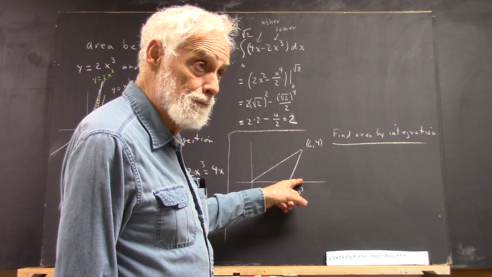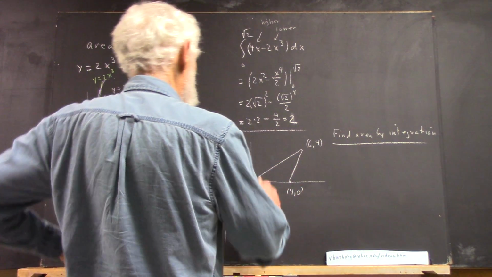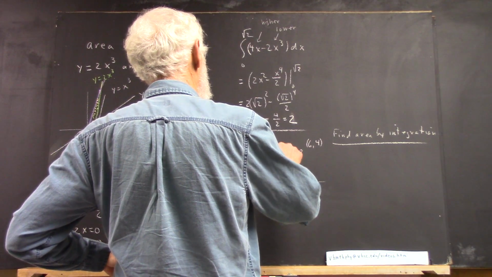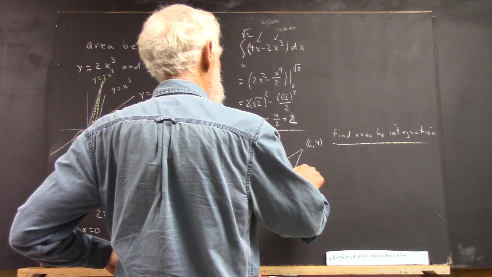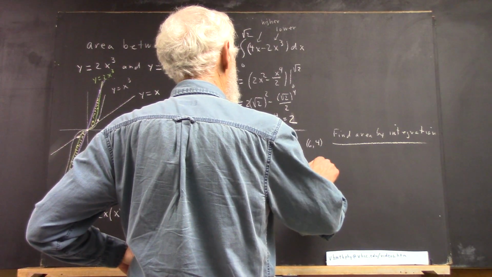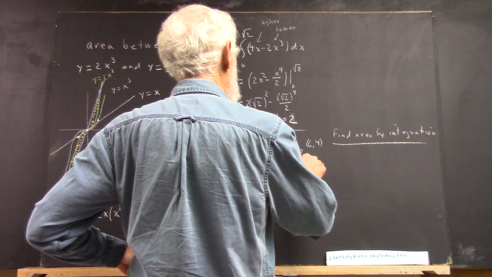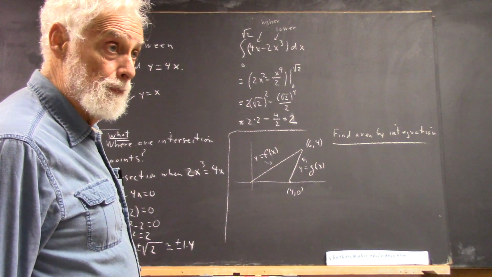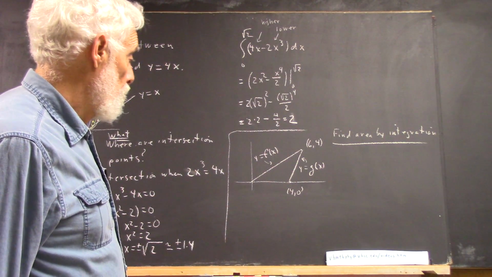as a function. So we're going to let this be y equals f of x. We're going to let this be the graph of y equals g of x. Okay? Then